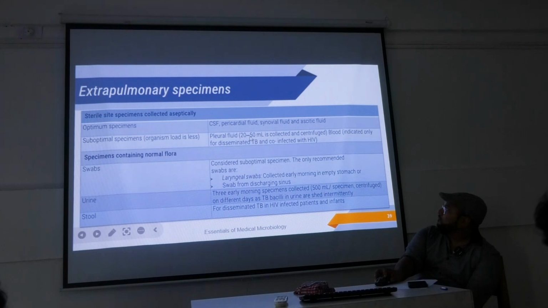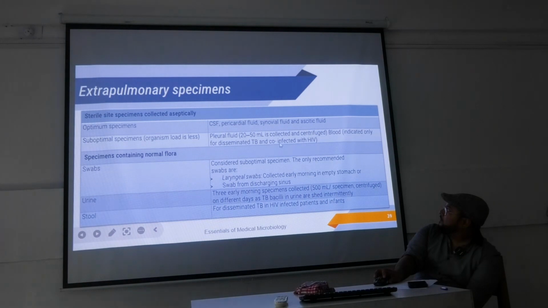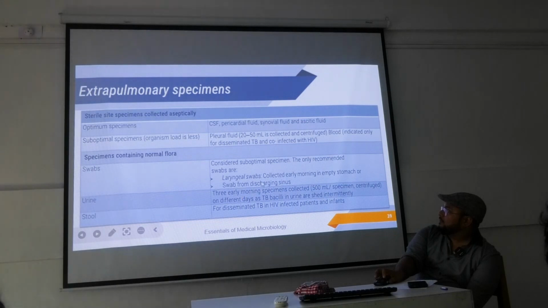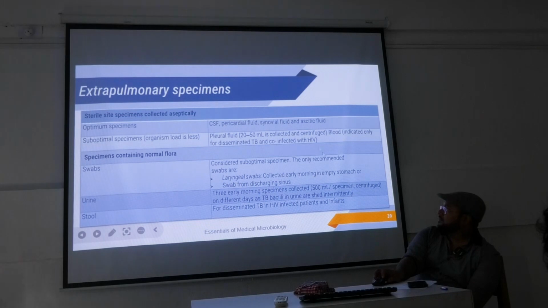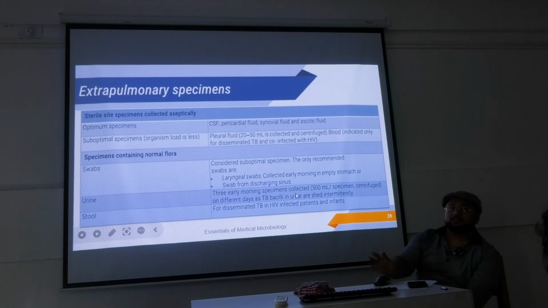Suboptimal specimen, pleural fluid যখন আমরা collected and centrifuged, blood for disseminated TB and co-infected with HIV, specimen contaminated with normal flora, swab considering suboptimal specimen, আমি কখনোই swab নেব না। Urine, 3 early morning specimens collected যখন আমরা genitourinary TB পাঠাবো তখন। স্টুল ফর ডিসেমিনেটেড টিবি ইন এইচআইভি ইনফেক্টেড পেশেন্ট, মানে এইগুলোতে আদার অপরচুনিস্টিক ইনফেকশন থাকতে পারে বা নর্মাল ফ্লোরা থাকতে পারে, সো উই হ্যাভ টু বি কেয়ারফুল এই টাইপ অফ স্যাম্পলস যখন আমরা প্রসেস করব।